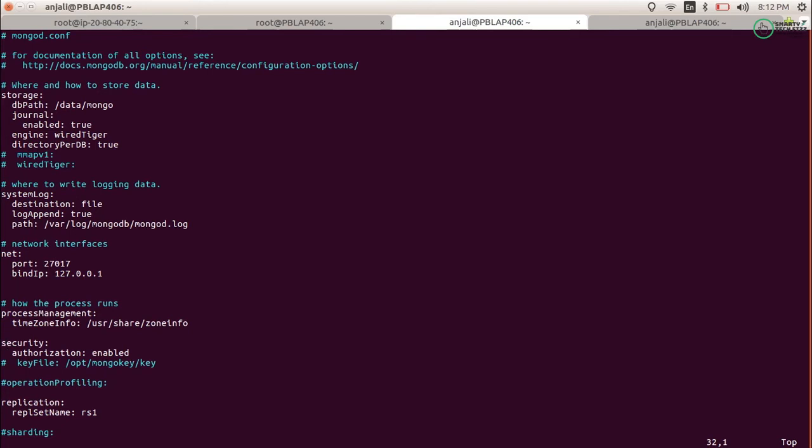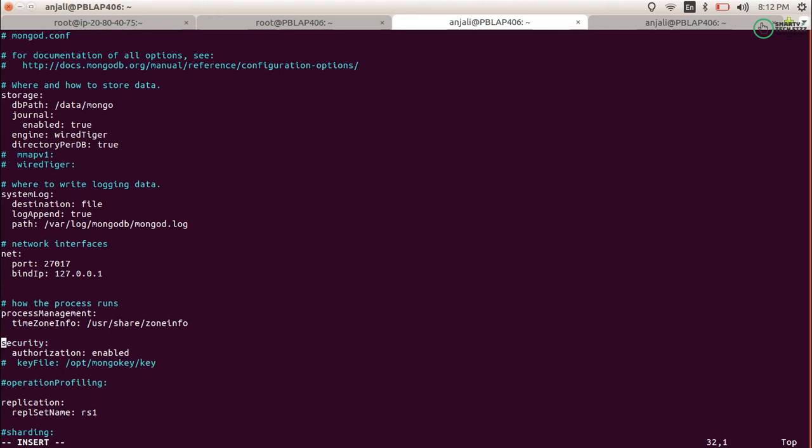For this you also need to enable security here. You may have it commented out at first, but it should be uncommented if your replica set members already have authorization enabled. If it is not enabled, just leave it commented out. You don't need to enable it if your replica set members do not have authorization enabled. I have authorization enabled, so I have just uncommented it.